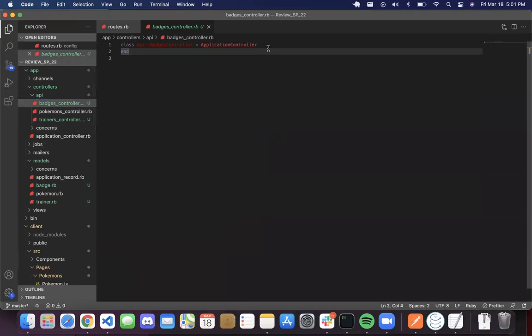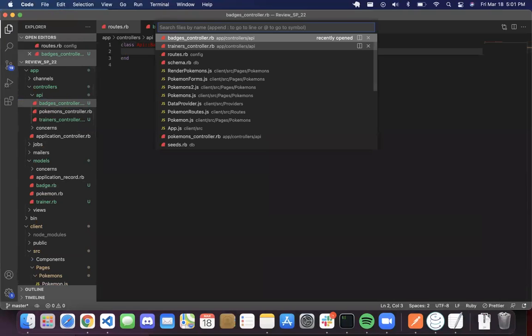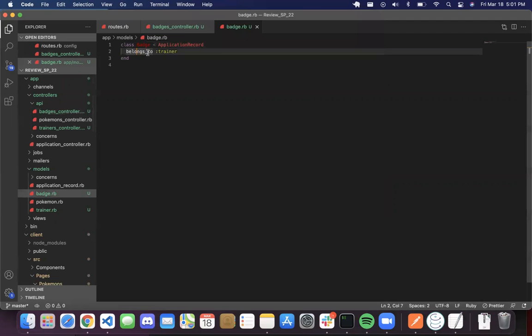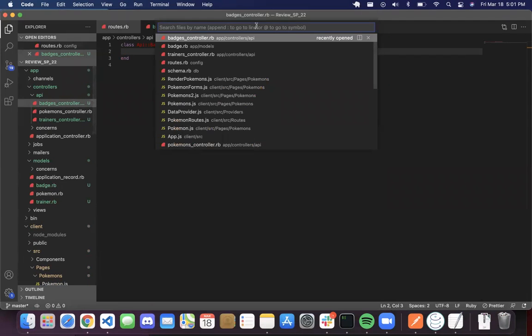Scroll up. Okay. So remember when you are doing a belongs to, you've got to go and check your models, so like badges model. So we can see that belongs to trainer. That looks good to me. And then if we go to trainer,